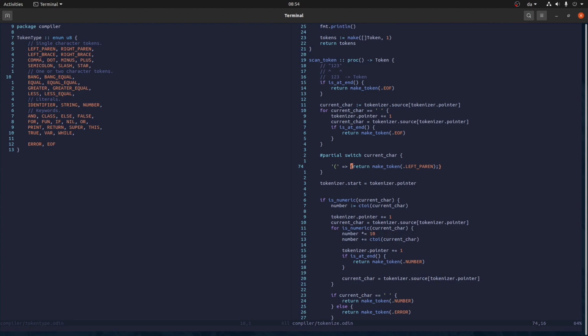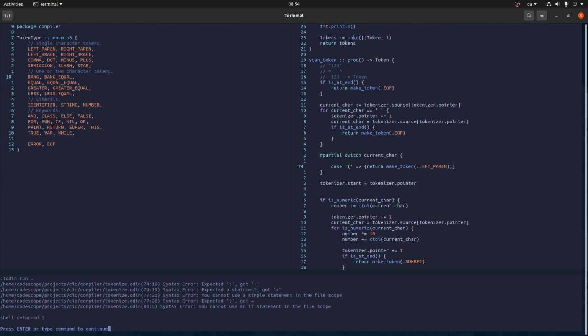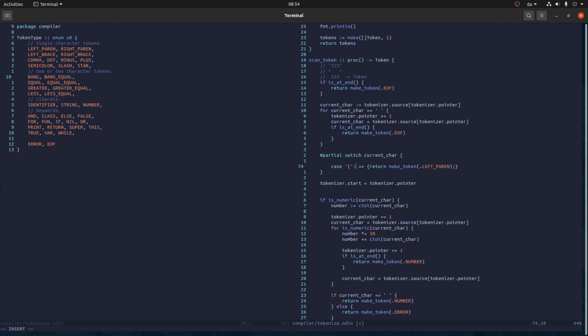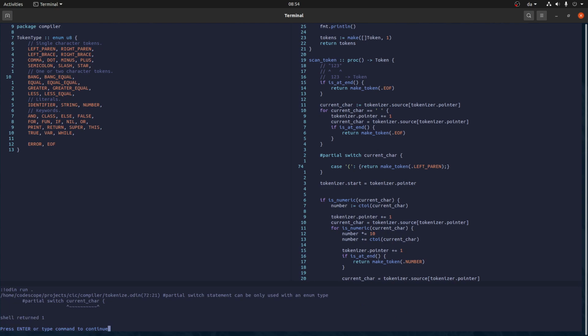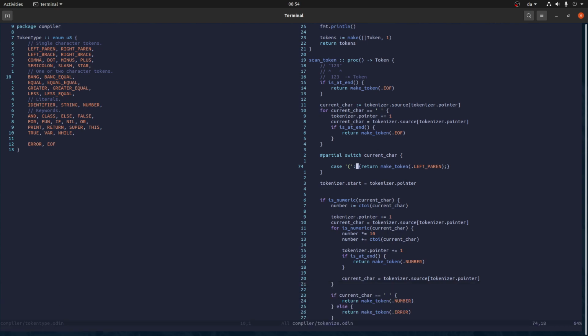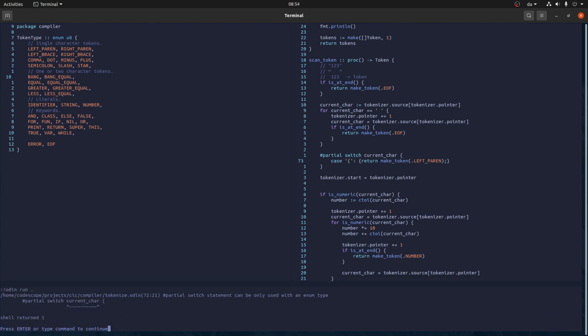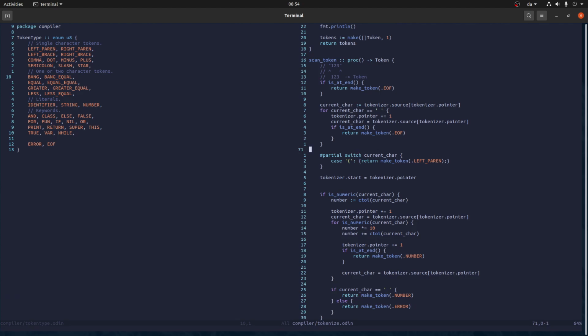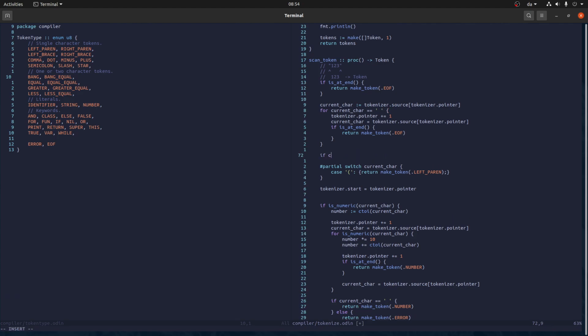I am so confused. It's because we need case. Oh my god. And it's not an arrow because that's kind of rustish. And we can only do switch on enums. Well, okay, so then it's gonna be something like this. If current char equals